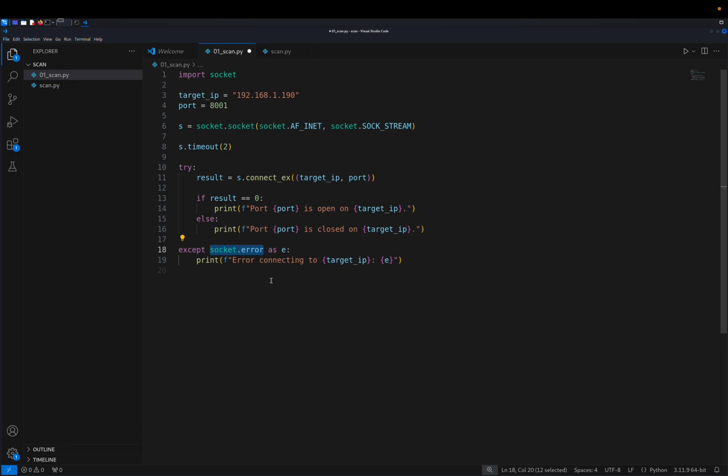Socket.error is the base class for all exceptions related to socket operations. It is raised when an error occurs during the execution of a socket-related operation, like connecting to a server, sending data, receiving data, etc. Some common scenarios where socket.error might be raised include connection issues, trying to connect to a remote host that is unreachable or refusing connections, or timeouts if a socket operation takes too long